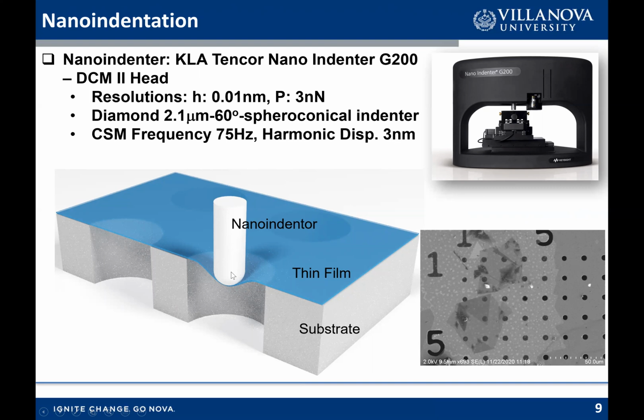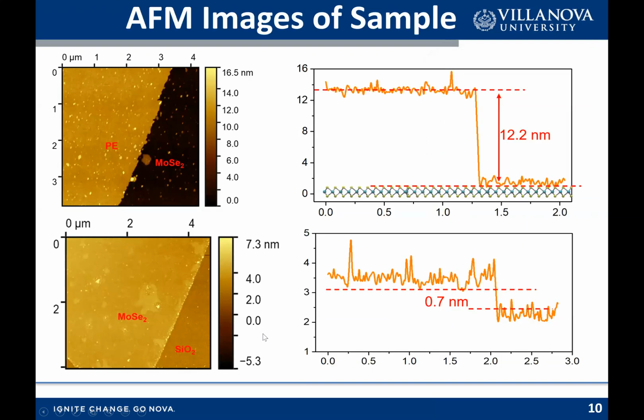So we can see how we measured the mechanical properties of thin films. The nano indenter was placed in the center of the hole. You can see the center of the hole. If we consider this hole, the nano indenter will be placed in the center, and we will be measuring the mechanical properties of the thin film in this way.